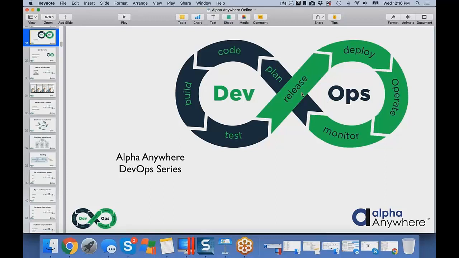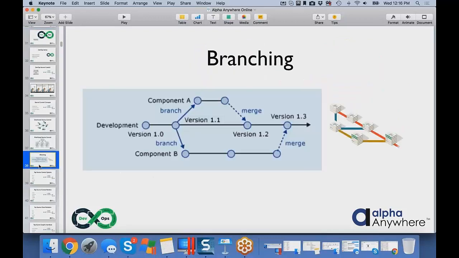What you want to be able to do is take the last release, tweak it, and then send it back out with that one fix. Well, especially on your local system, you may have already put together a whole bunch of changes to files that are there. And so that's the concept of branching.